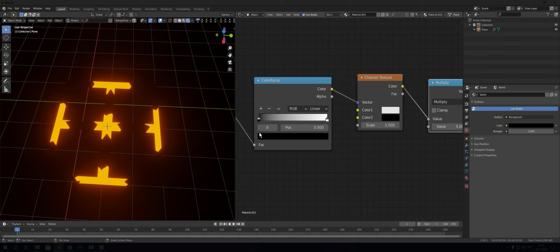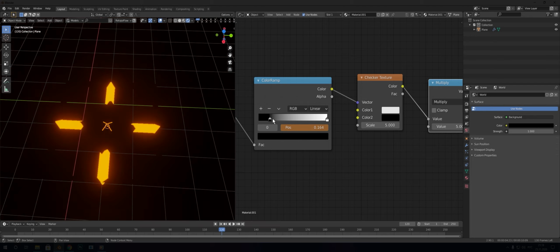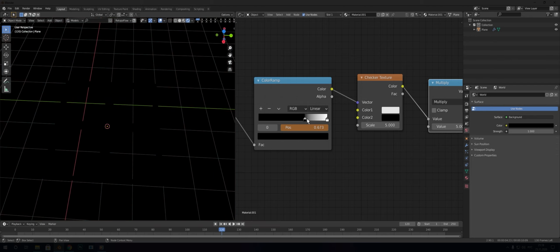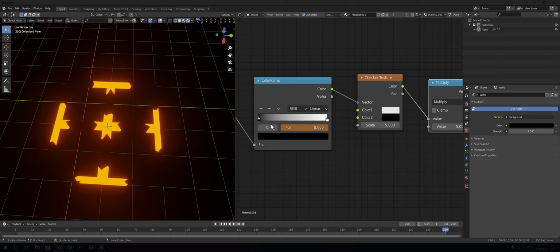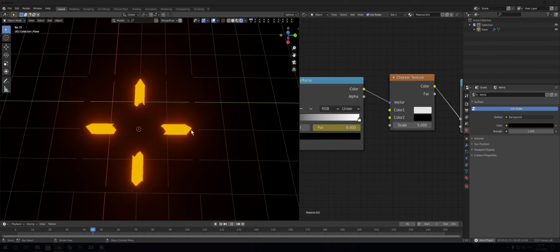Move the cursor to position of color ramp node. Press I. The color changed to yellow. Go to the 120th frame. Change position for black marker. Press I. Repeat this action for the last frame. Animation is done. This is the end of the lesson, but if you want to change object style, add subdivision